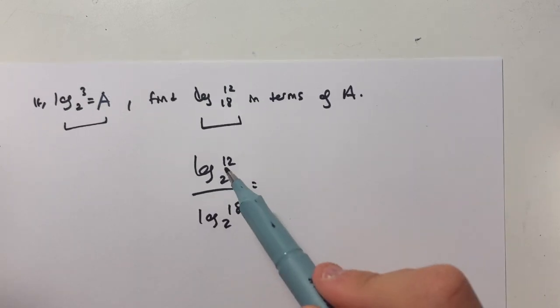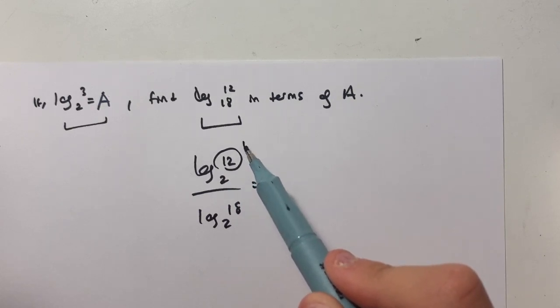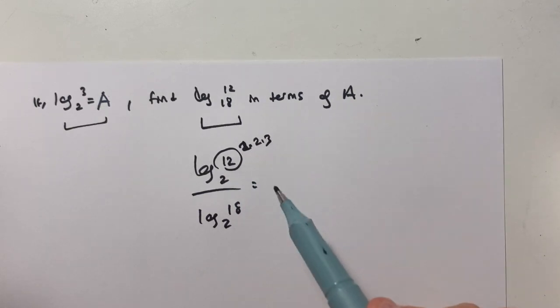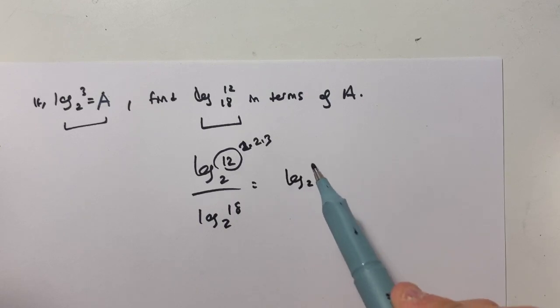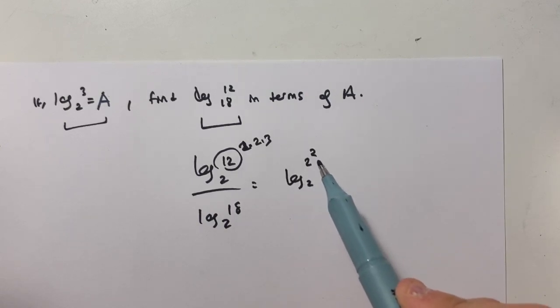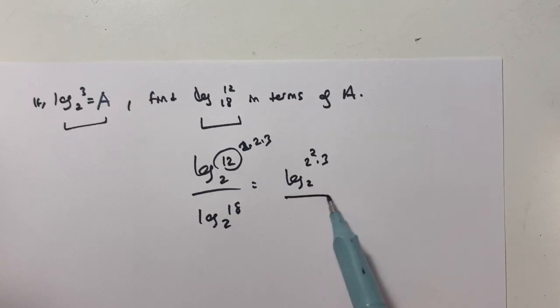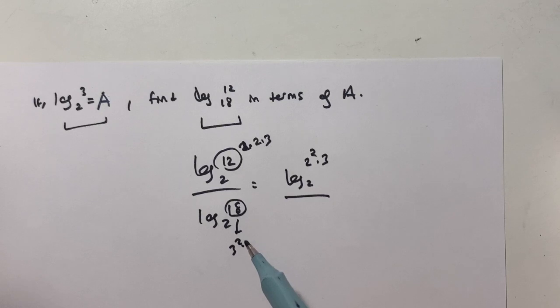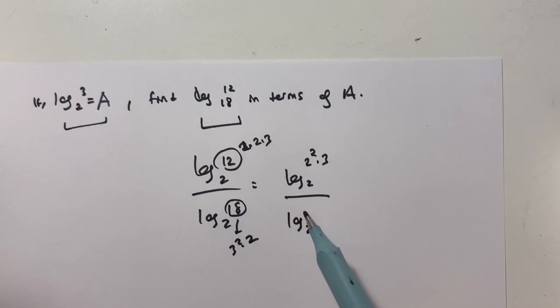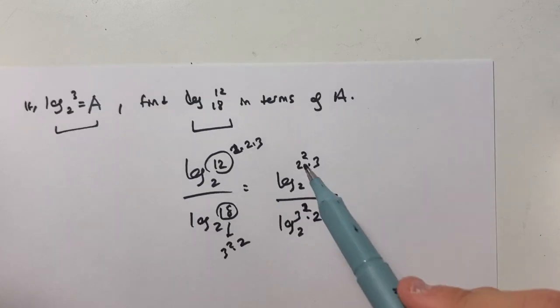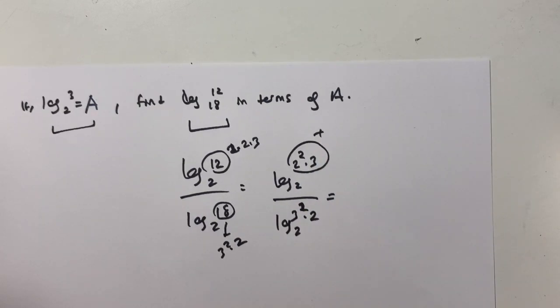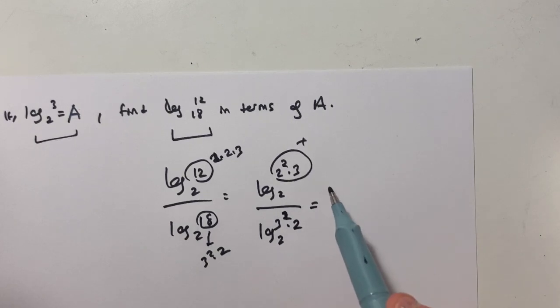And if we change this as the multiplication of 2 times 2 times 3, we can write this logarithm 2 to the power of 2 times 3 over, we can write this as 3 to the power of 2 and 2. We can write it like this, logarithm base 2 of, and we can write this in addition form like this, logarithm